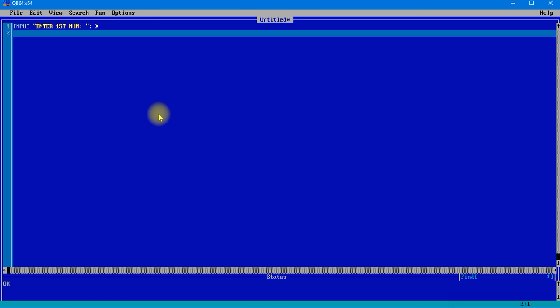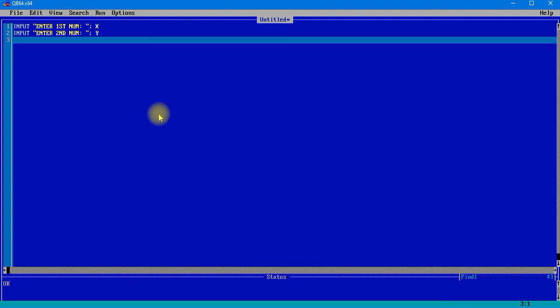Okay, then we'll take input, enter second number, we'll take a variable y to store the value. Okay, then we'll print sum is, semicolon, x plus y. Okay, and then let's run this program.